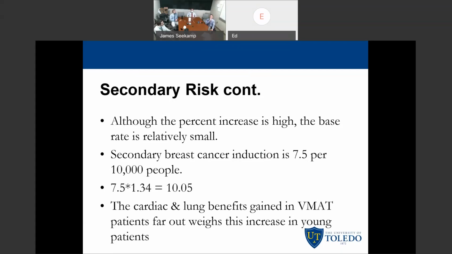Are we really benefiting though? So far you've only talked about secondary malignancies, right? Yeah. But the other main concern we have regarding VMAT is the dose to the heart, the low dose to the heart. So was this done before we started worrying about the LAD in the heart? This is 2016, so probably around that time period. They didn't put any hard numbers up, but they said you're probably going to gain some benefit if you're choosing to do VMAT over